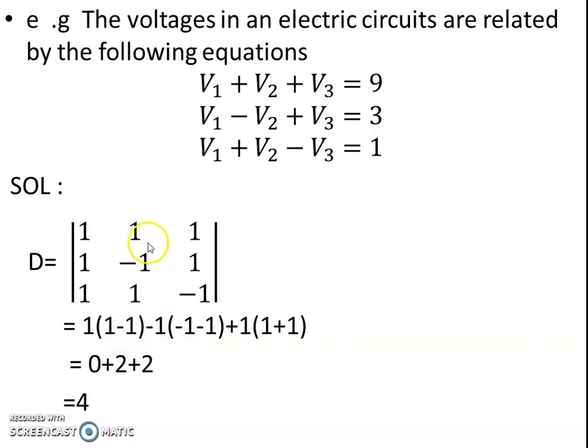Always in the second step, minus 1 is there. So why do we have to take the first row and second column center element as 1? That's why we have to allot the 1 here with a minus sign, because the second term is always negative in a 3 by 3 order determinant. So we have to skip the first row and second column. So what is remaining? Minus 1 into 1, minus 1, 1 into 1, minus 1.